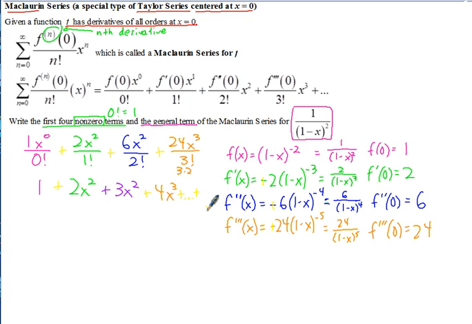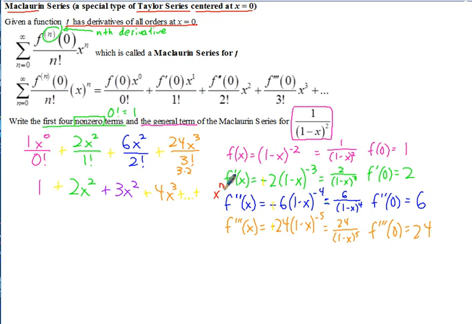If any of these terms had turned out to be 0, we'd have to find additional terms to get the first 4 non-zero terms. In this case, we don't. So the general term we want to write, well, a formula basically like this that we can use to find any term in this Maclaurin series. So let's start with the x. So it'd be x to the, well, the first term has x to the 0, second term x to the first, and so on. So this would be x to the